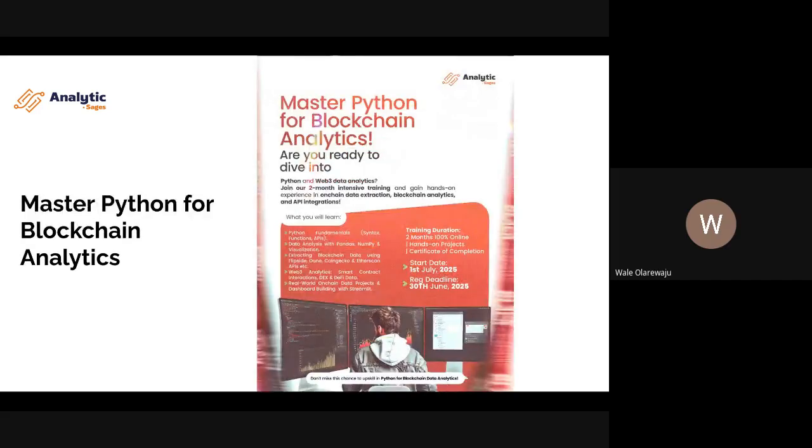Okay. Now, concerning the discount, is it that we are getting the discount now or when the program starts? The discount only comes if you are registering for the program. So if you are registering for the program and you are paying in full, you pay $70 instead of $100. That's 30% discount. But if you want to pay in installments, then we can make arrangements for that, either paying two times or three times. Okay, that's my question. Thank you very much.